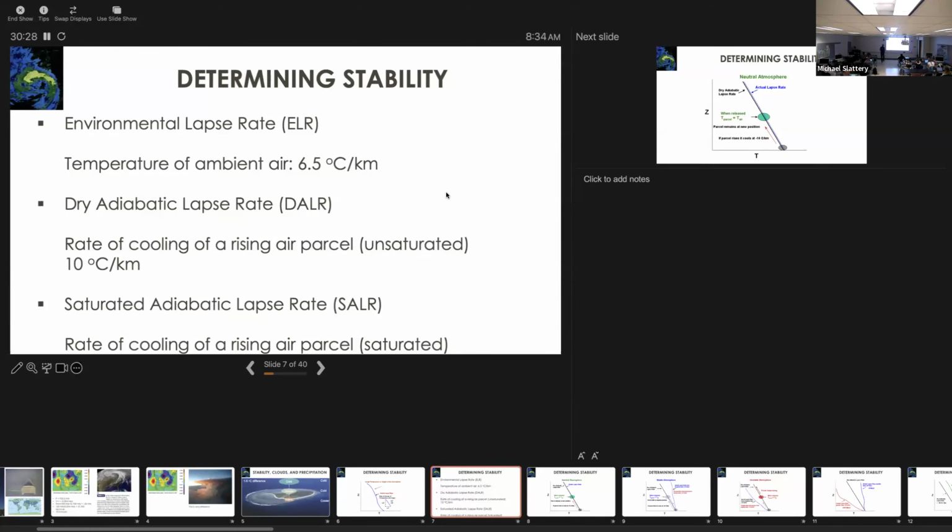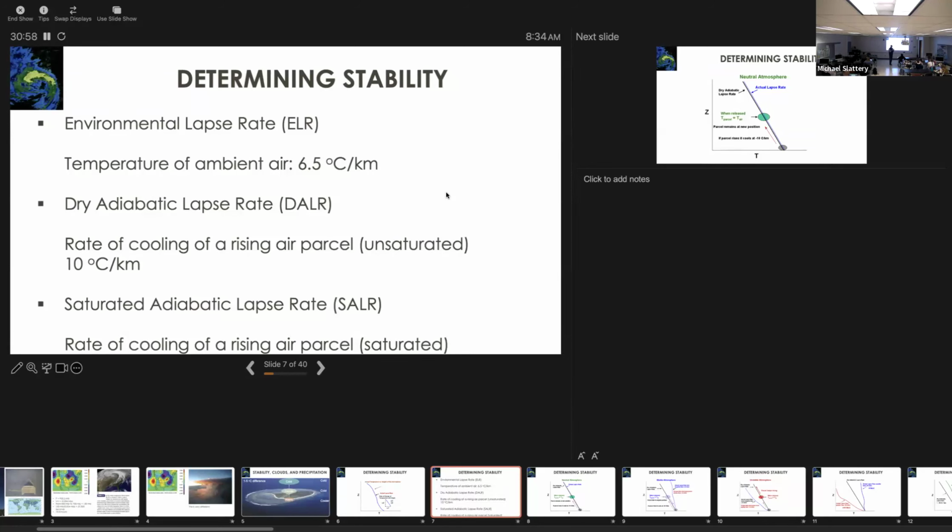And that is called the saturated adiabatic lapse rate. Incidentally, the term adiabatic is real, but it's a bit difficult to deal with. Adiabatic just in the atmosphere means there's no actual heat exchange between the environment and the parcel. So if Audrey's got a bubble of air sitting above her head and it starts rising, it will cool if it's unsaturated at the dry adiabatic lapse rate, assuming there's no heat exchange between the ambient environment and her